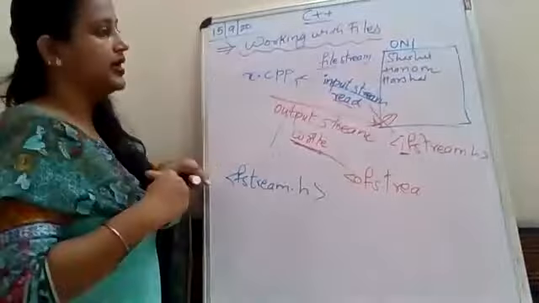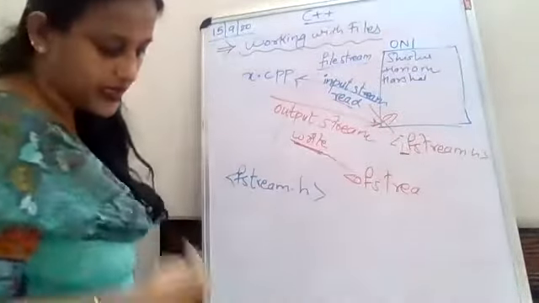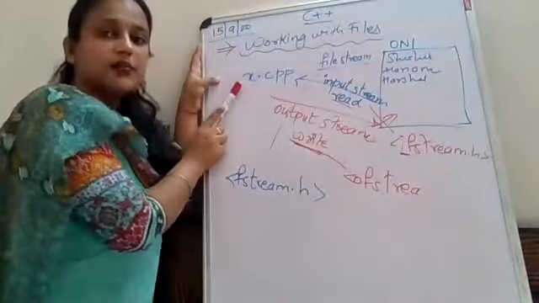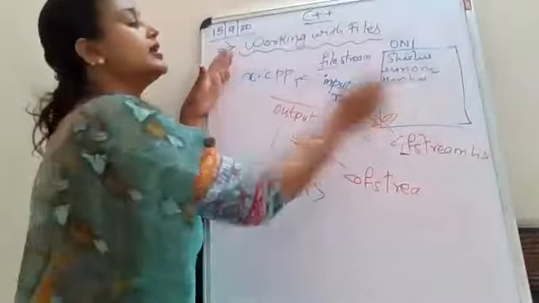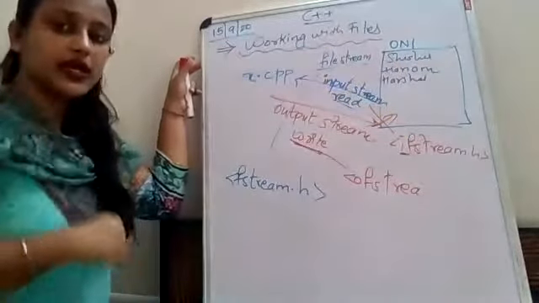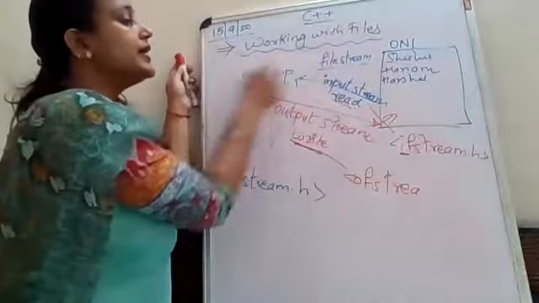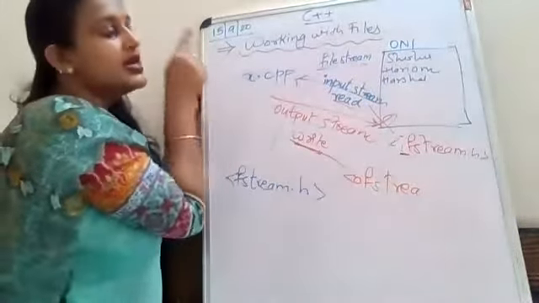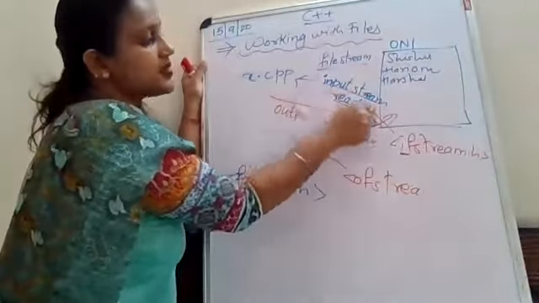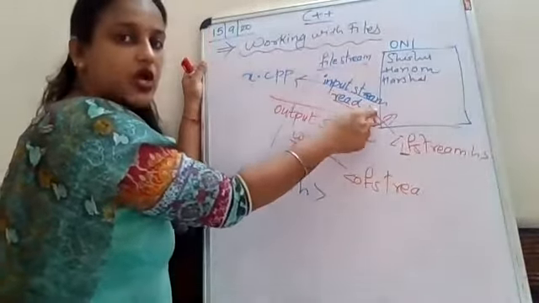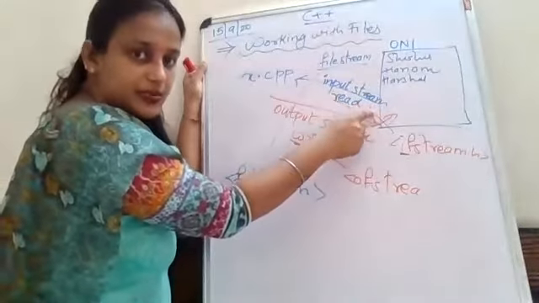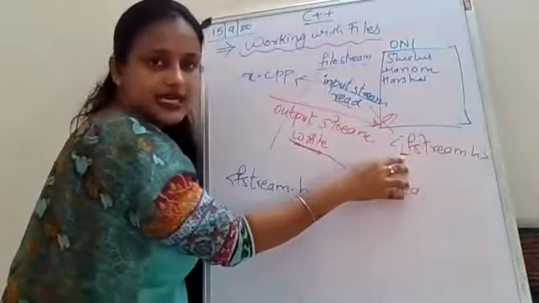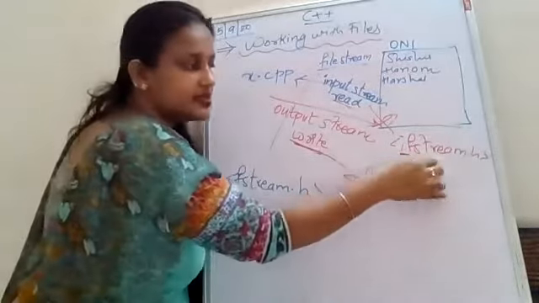Okay, now I'm repeating once again, the confusion which I had. Suppose this is a program file, and this is my normal text file. Whenever I want to read any data from this text file to this program file, at that time it is known as input stream. To work on this input stream, I need ifstream.h. If stands for input file stream. .h is the extension for header files.